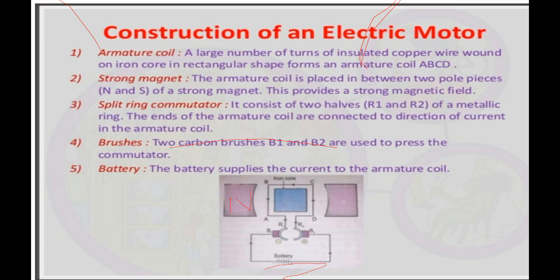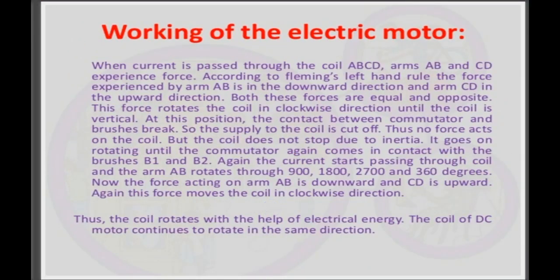The force is maximum when the angle formed between the magnetic field lines and the current carrying conductor is maximum, that is, making a 90-degree angle. Only then is it going to experience a force. So after the armature completes half a revolution, the direction of the current in the arms AB and